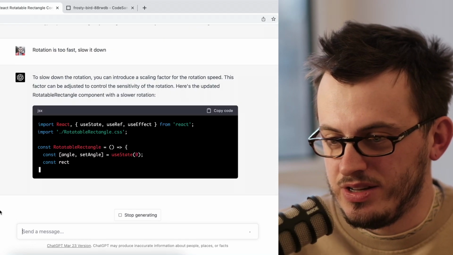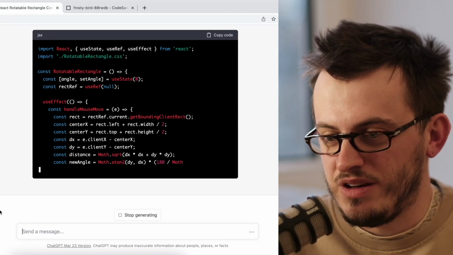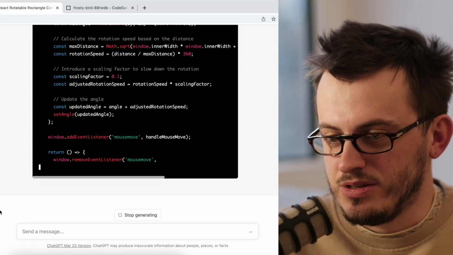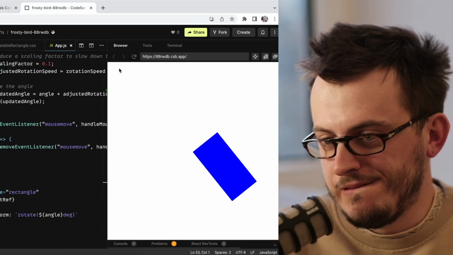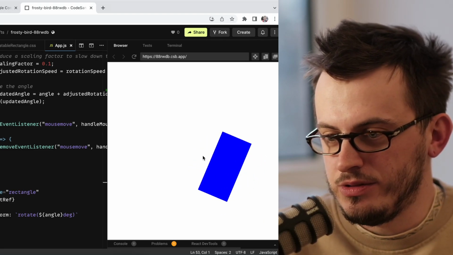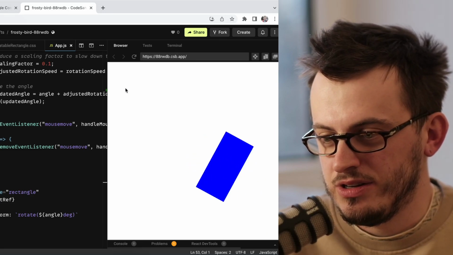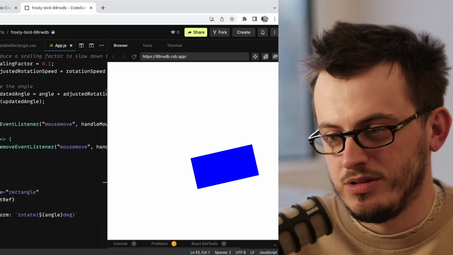Okay, it suggests to have a scaling factor, which makes a lot of sense. Cool. Let's try it again. Okay, it's much slower now. Still too fast, not enough for having subtle control, but it's okay.